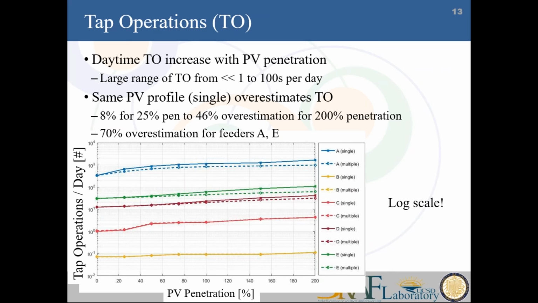And that sky emitter produces a different solar power profile for each system on the feeder, and that basically simulates the geographic diversity that we can get. We see that there's a fairly major impact. Really, on some feeders we get a 70% change in the amount of tap operations if you use the sky emitter approach, which is expected to be the closest to the real data.